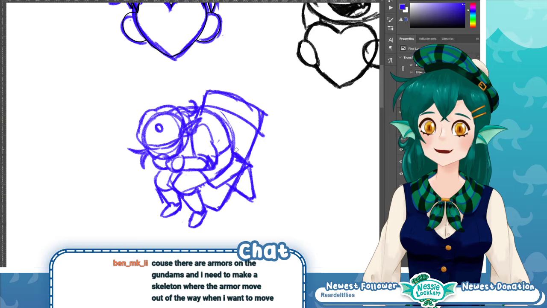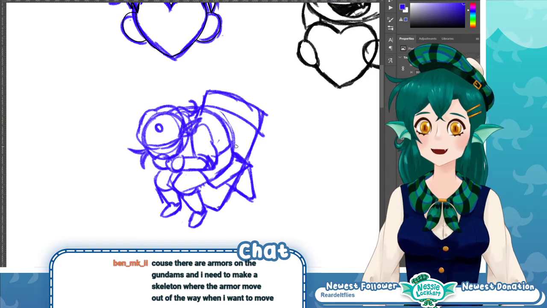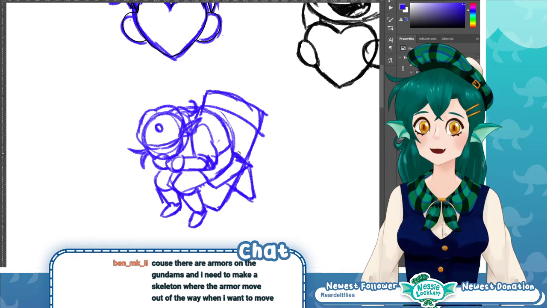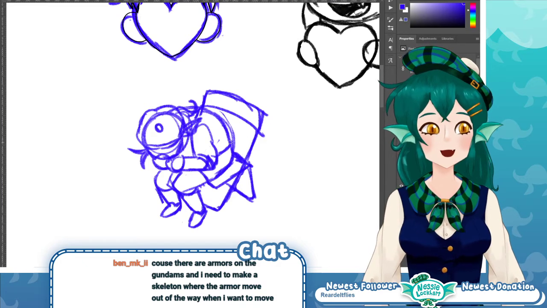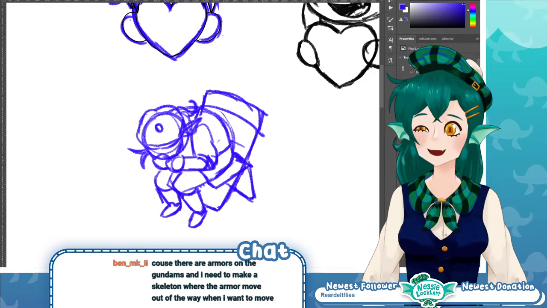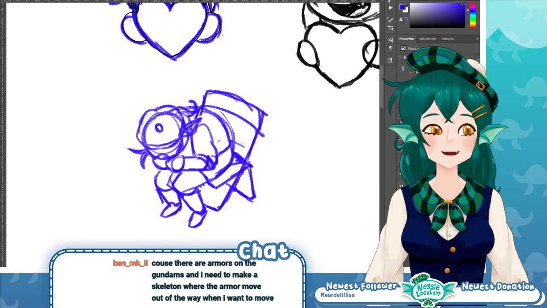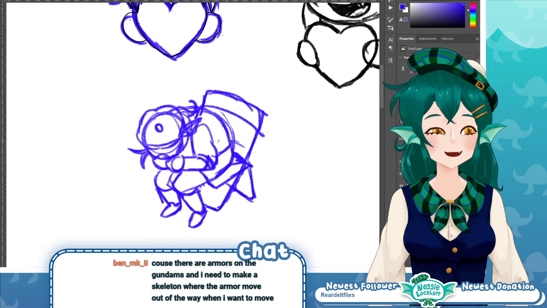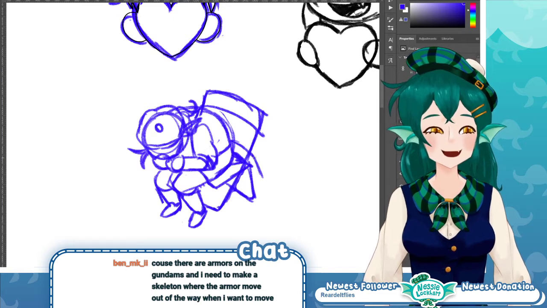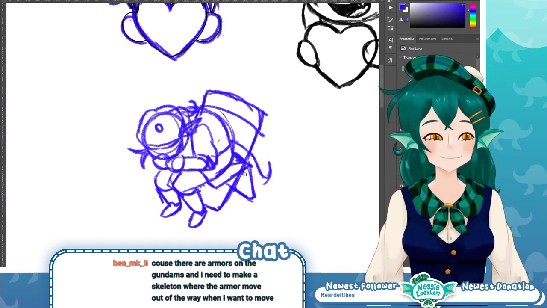Because there are armors on the Gundams, and I need to make a skeleton where the armor will move out of the way when I move. I guess if you're rigging a 3D model... It would be so fantastic to see a 3D rigged Gundam model. Oh my god, that would be so cool.